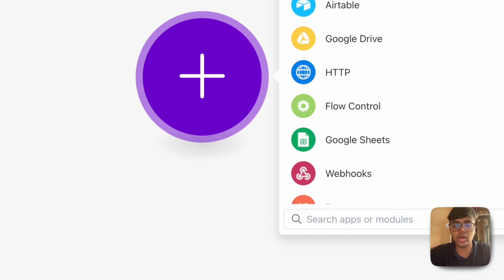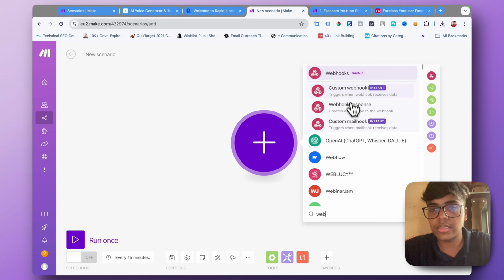Once you create a new scenario here, now just click on this plus icon, and then go to the search app and then click on webhook. So basically we are going to trigger this particular workflow through webhook whenever you click on that generate button, right? So for that purpose we need webhook to trigger this workflow. So now click on this custom webhook,